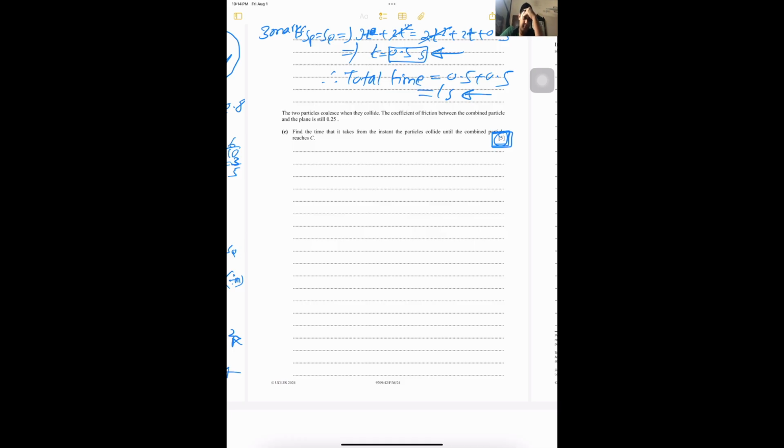Now, next part. The 2 particles, when they collide, the coefficient of friction between the combined particle and the plane is still 0.25. Find the time that it takes from the instant the particles collide until the combined particle reaches C. So we need to first see what their speeds were before the collision. Before collision speeds. So for VP, initial speed was 3 plus 4